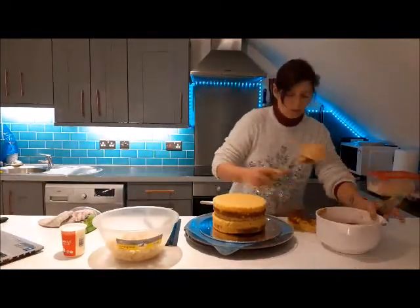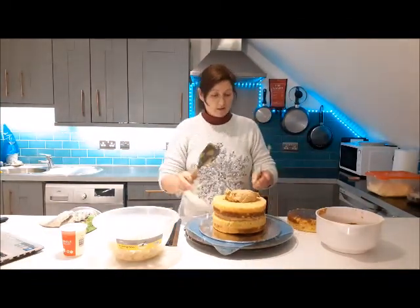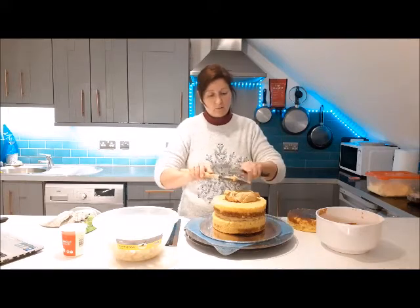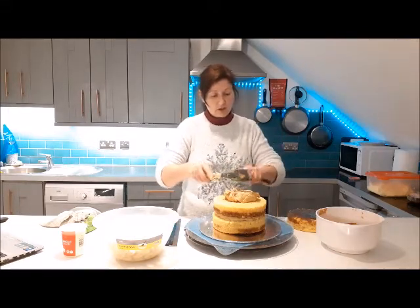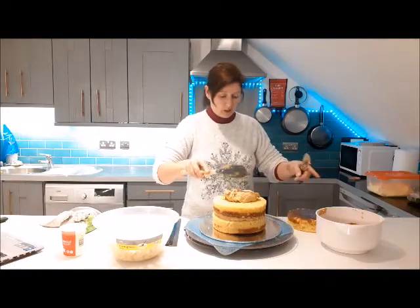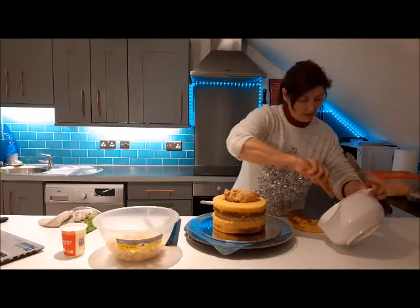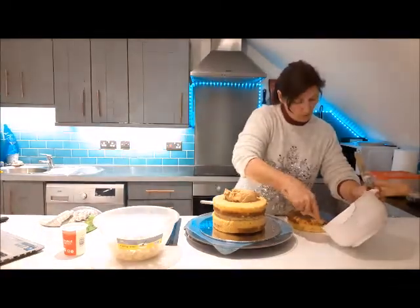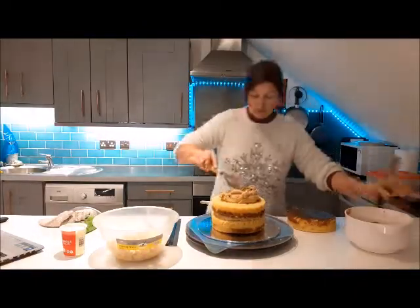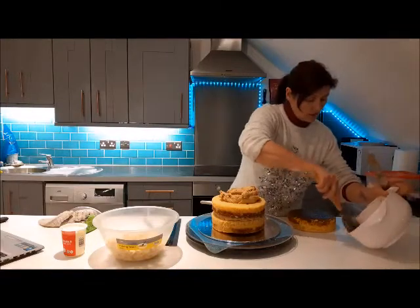Now, most people at home will just be doing the 2 layers. As you know, I always do 3. One, it makes a much nicer cake for anybody that's having one from me, and also it gives me a better base for decorating. So it's not a piddly cake, but for at home, if you had just those 2 levels, you could then just